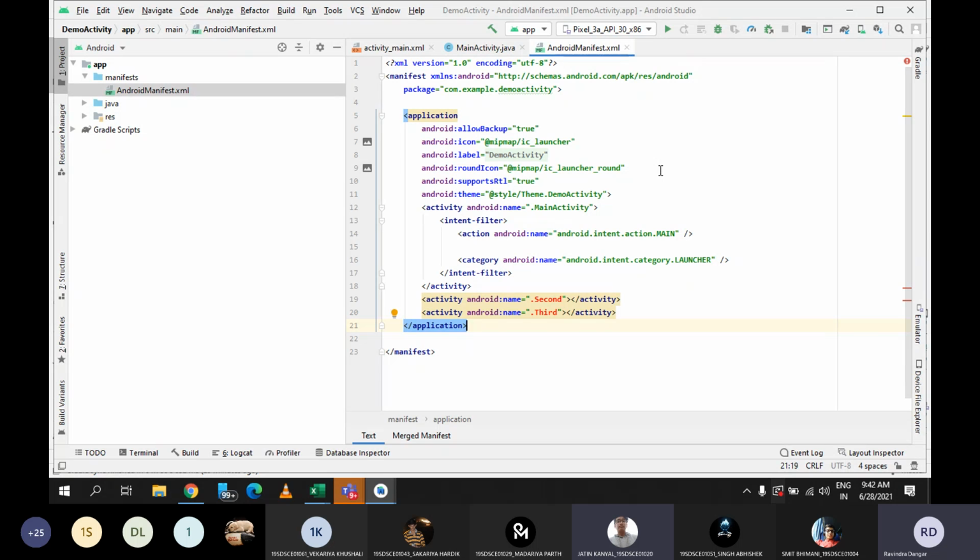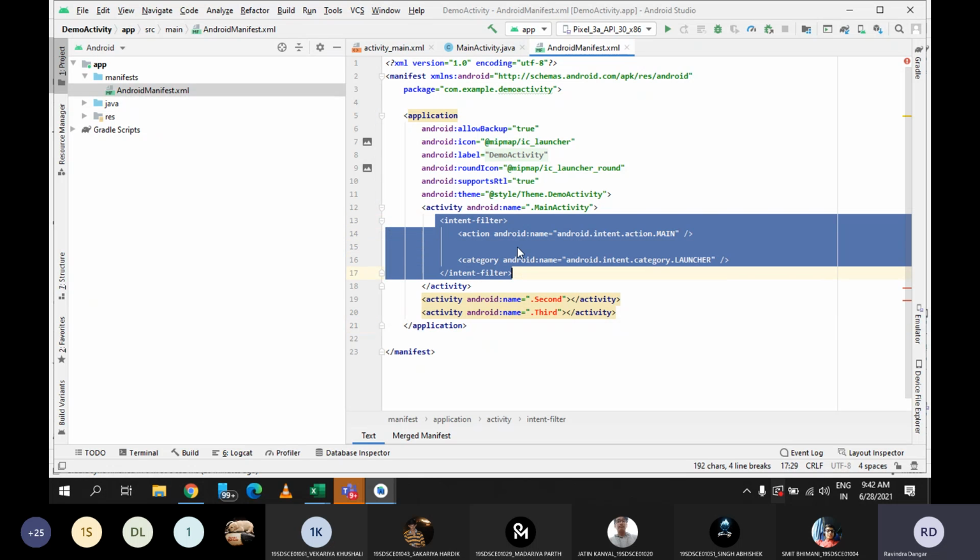Yes, sir. One more thing, let's say in your application you have 10 activities, and by default one activity starts first. For example, you want your 10th activity to be launched when you run your application. In that case, this tag is needed. See, in MainActivity, inside the activity, you can find this option, intent filter, because this is the launcher activity for me. Whenever I launch this application, I may have 10 to 12 activities, but it will always launch the MainActivity first.